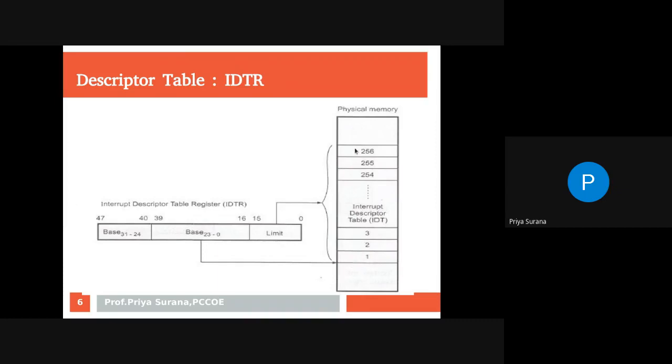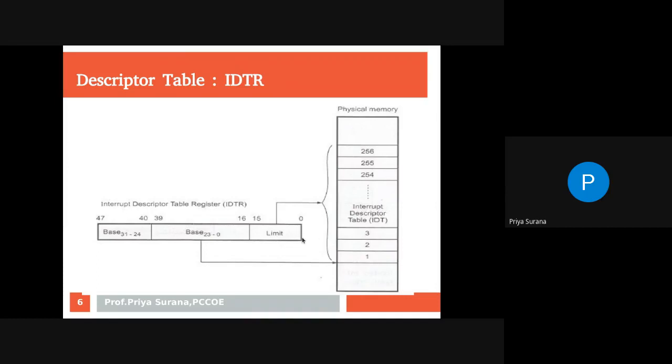These many interrupts can be stored in IDT. Therefore the size of IDT should not be more than 256 entries. Only 256 interrupts are there because of that.